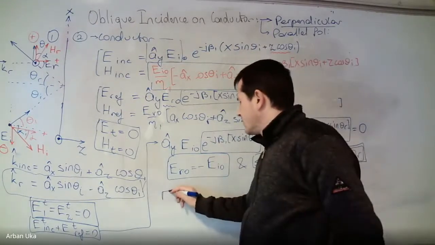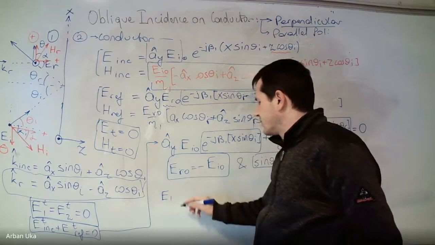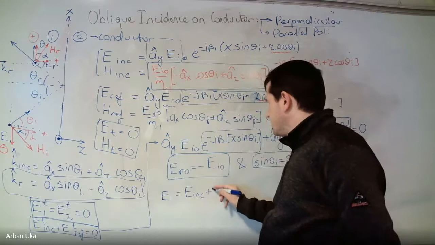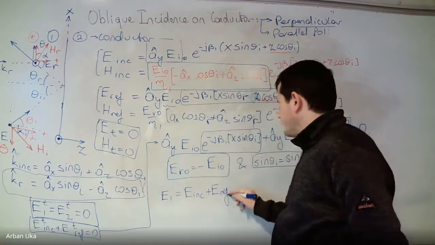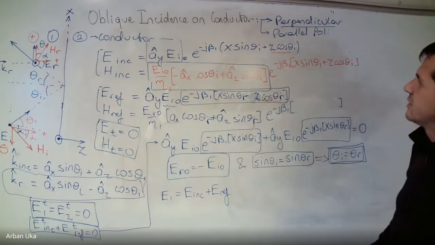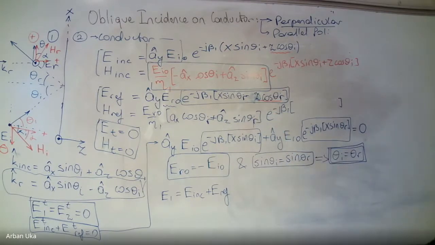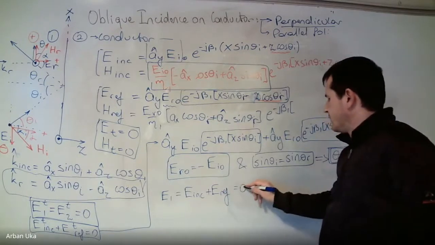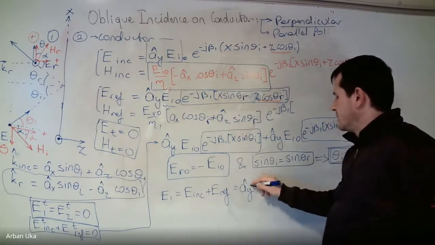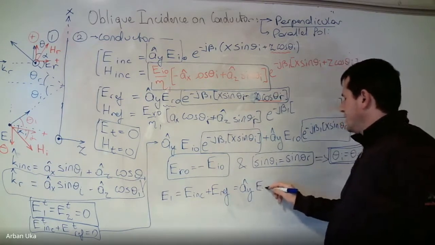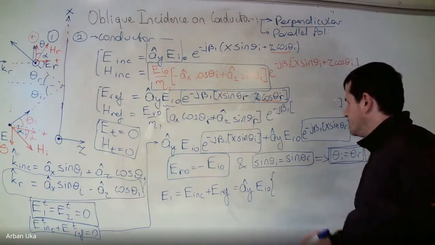So then we have the following. The electric field in the first region is going to be equal to the incident electric field plus the reflected electric field. So we have to add actually the first expression and the third one. So if this is the case, let's see what we obtain here. We're going to get the following. So this would be equal to AY, okay? And then multiplied by EI0 times,